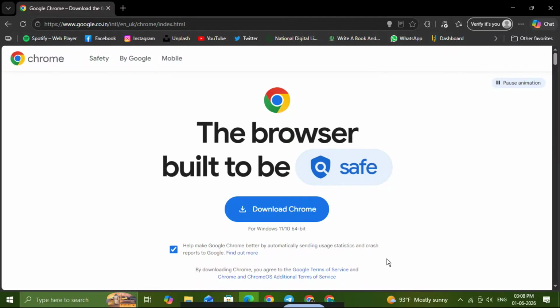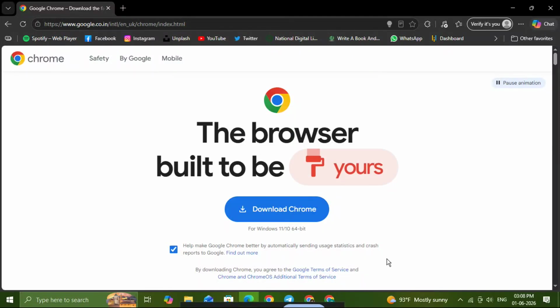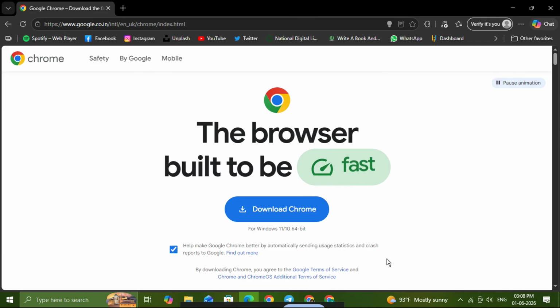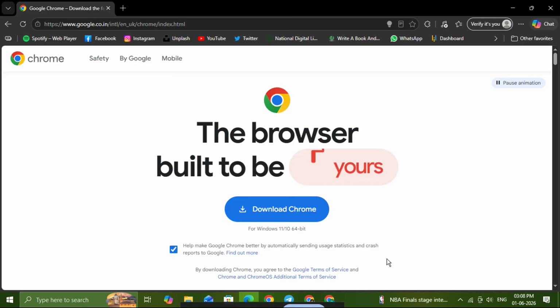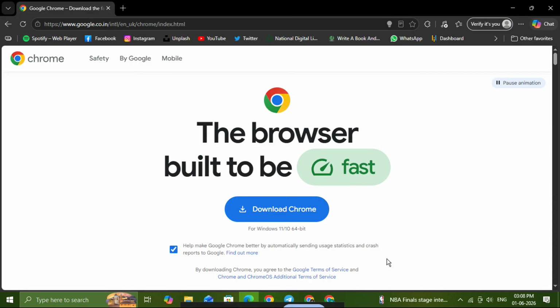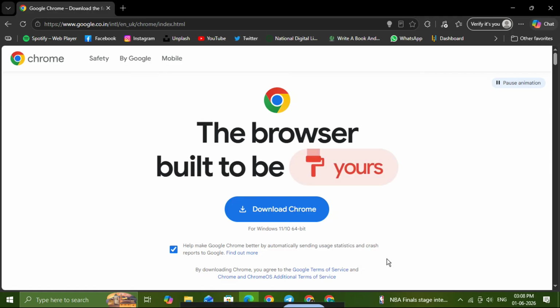If you want to download Google Chrome on your laptop or PC, you're in the right place. In this video, I'll show you the fastest and safest way to get Chrome installed on Windows using the official download page. This is the best method because it ensures you're downloading the real browser directly from Google, not a